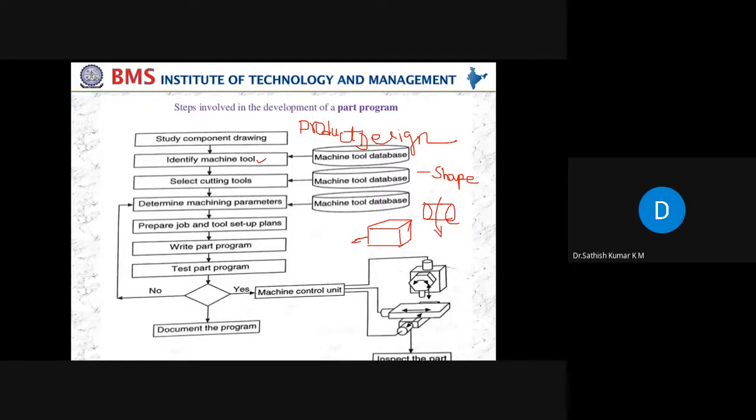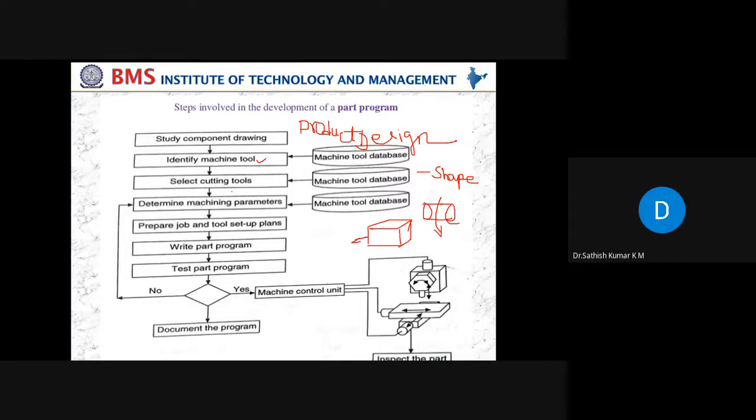Broadly, we have two things: CNC turning center and CNC machining center. CNC turning centers are related to turning operations. CNC machining center is related to milling operations. Now, after you have identified the machine tool, next is